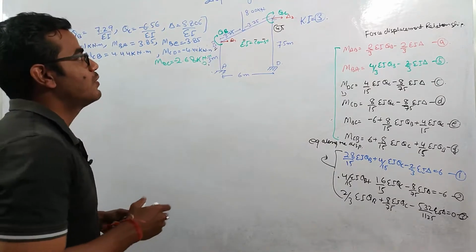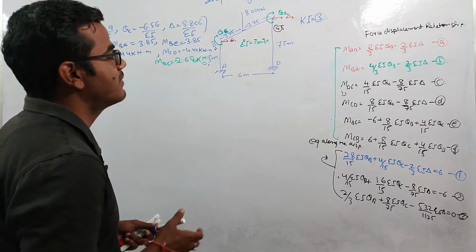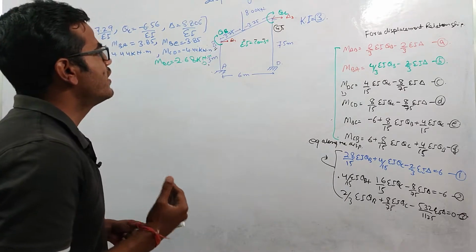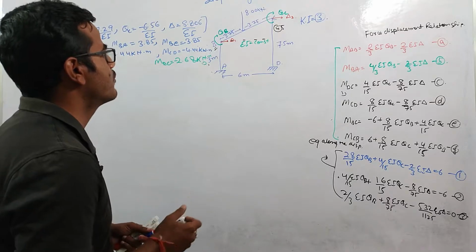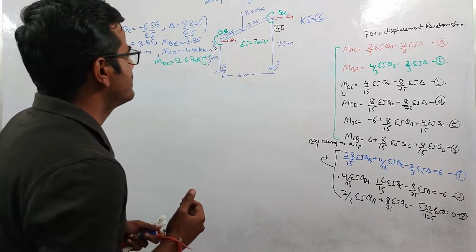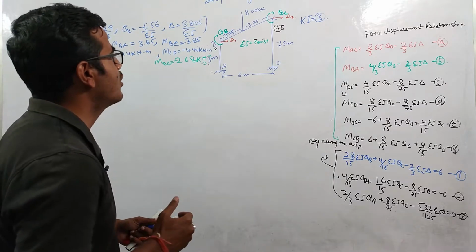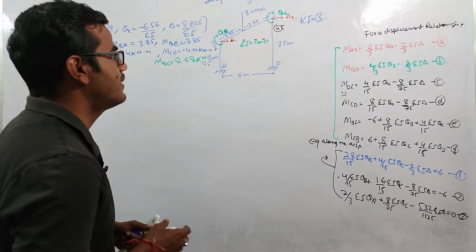So guys, we have calculated the displacements, and with the help of displacements, we find these end moments, which are acting at the end of the members. So now we need to draw the shear force diagram, bending moment diagram, the deflection curve, and the axial force diagram. Before that, I will draw the free body diagram, and we'll get an idea how the forces are acting at the end of the members.